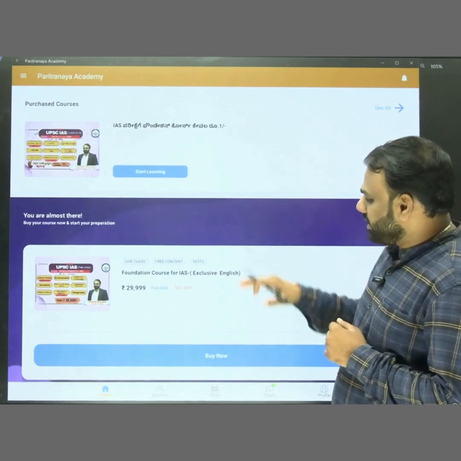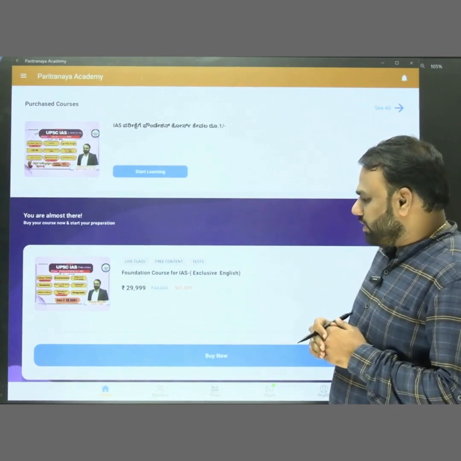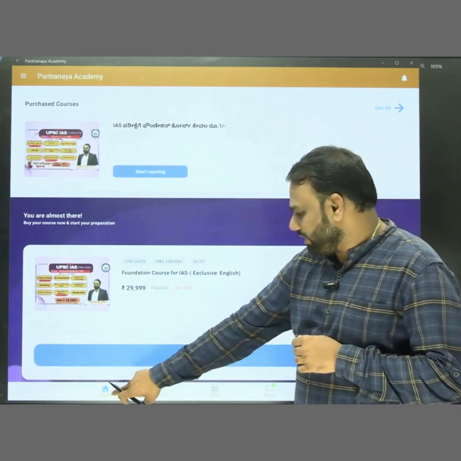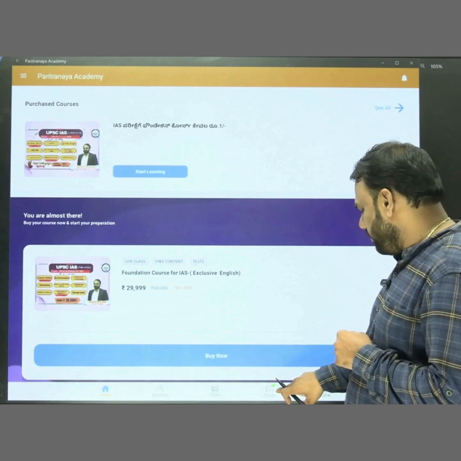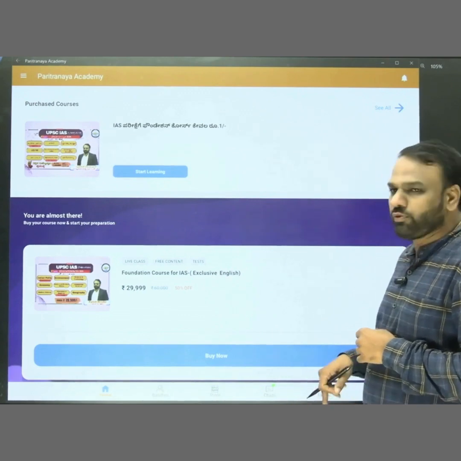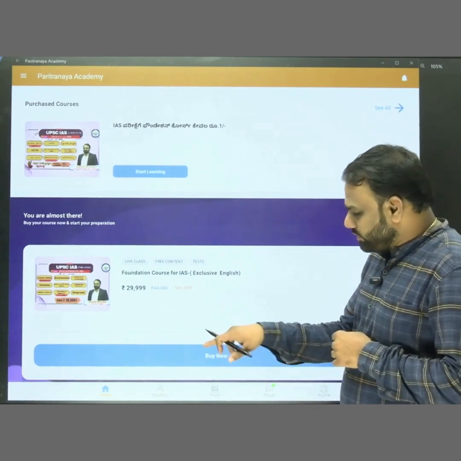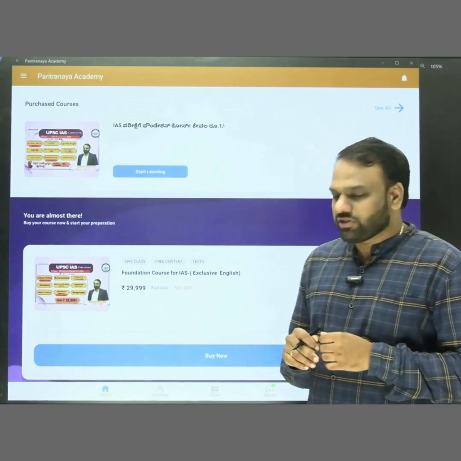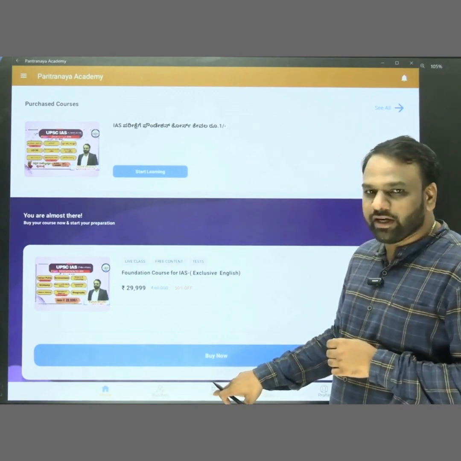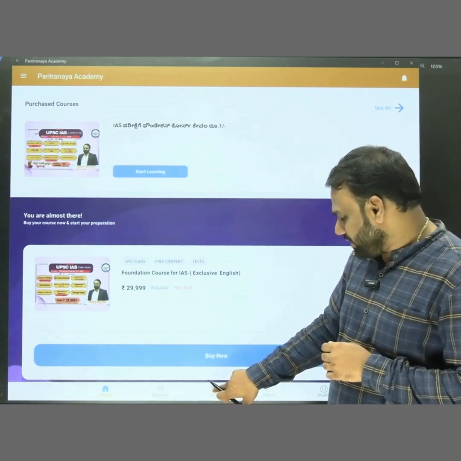Here in this screen there are various things present. For example, here we have the home button, we have batches, we have store, here we have a chat, and here we have profile. Gradually we can learn all these various entities. For the time being, we shall focus on an entity called the store. Once I click on the store,